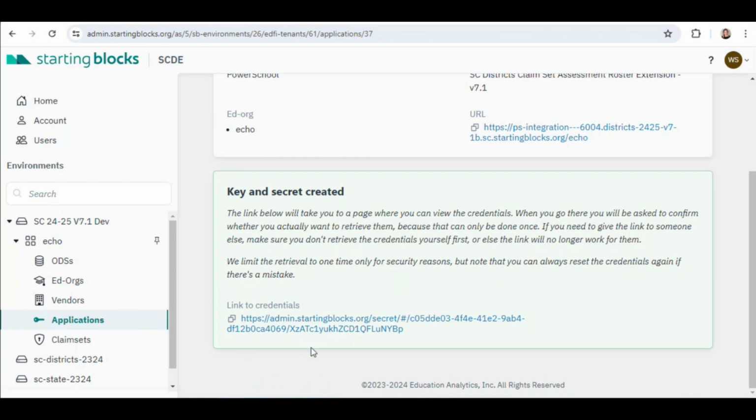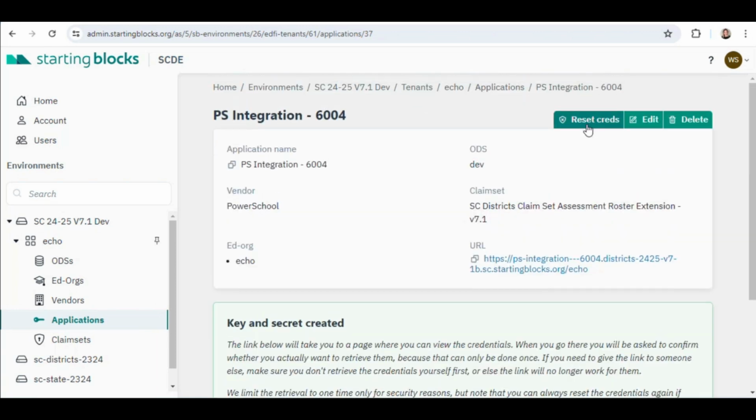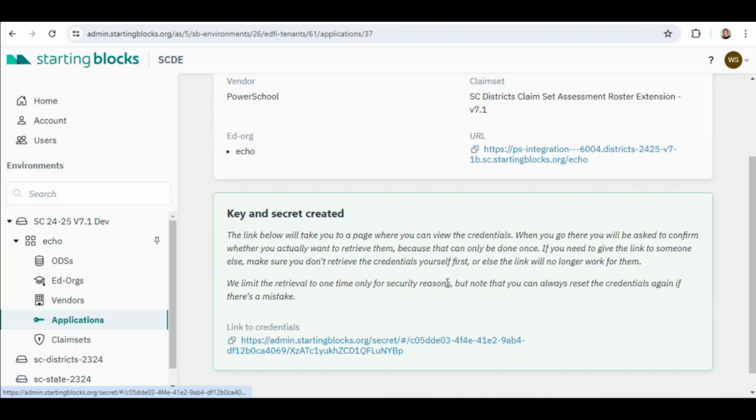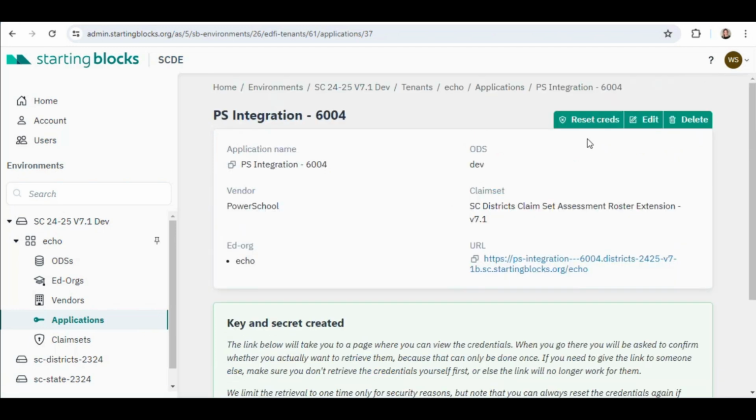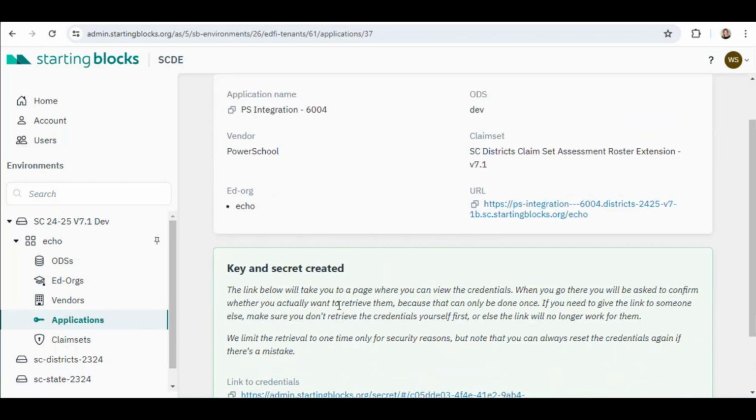And if something happens to where you should need to access them again through the admin app, you're going to need to reset the credentials. So that's not ideal, especially if you've already connected within PowerSchool and publishing data and whatnot, but just keep that in mind. I mean, it can certainly be done and is not really a big deal if you haven't started publishing data yet and you haven't connected, but you might not want to have to do that if necessary.